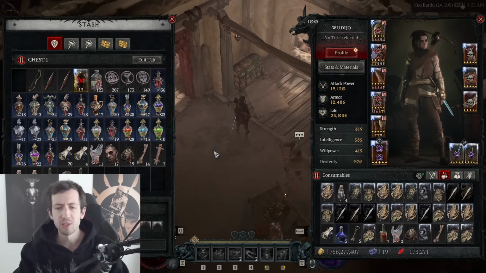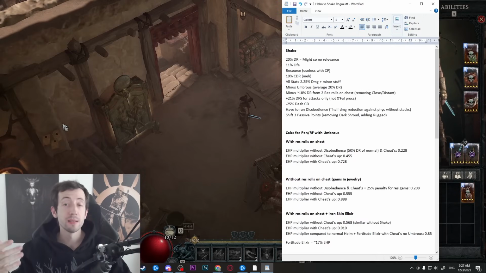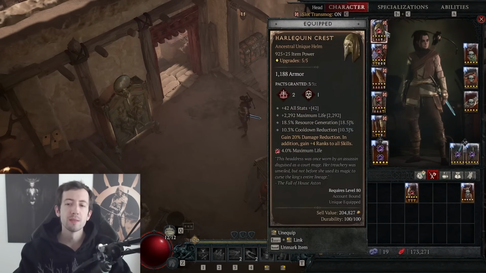So this is kind of the consideration here. With all that being said, let's go into the actual calculations that I've done here. So we have the Shako. When we equip it, we get 20% damage reduction, but this is effectively the same as a Might aspect. So at least for rogue builds, you're going to have Might aspect or you have this, and it's,